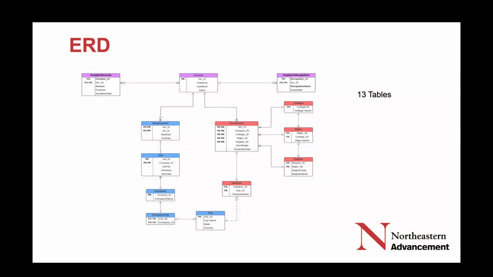On the top is the alumni themselves, as well as the donation records and academic recognition, which is essentially their connection with the university and their engagement with the institution. And at the bottom left, the blue entities are the employment-related entities that have employment, job, company, and city, as well as a connecting entity called company city. And there on the right, the red entities are enrollment entities, which include the college, major, degree, and campus information